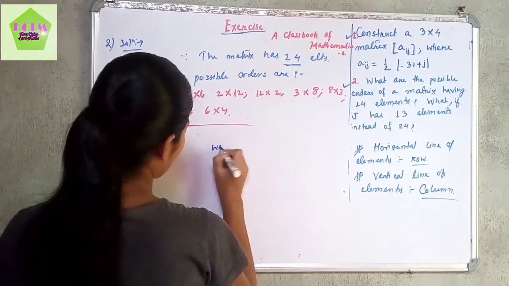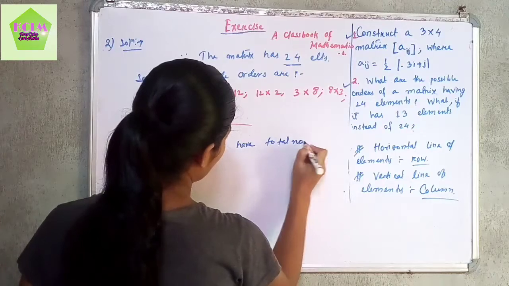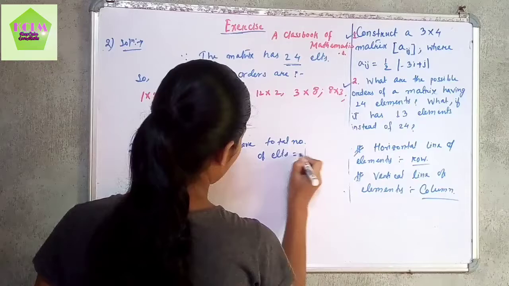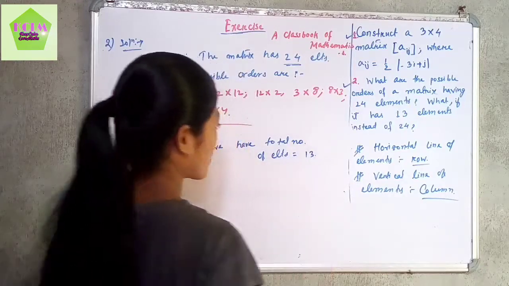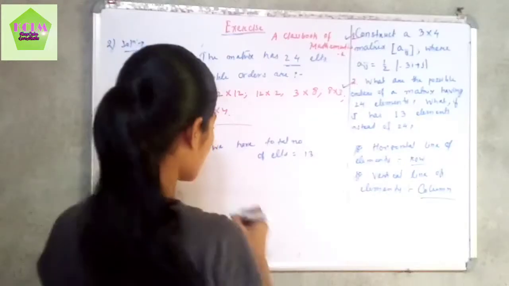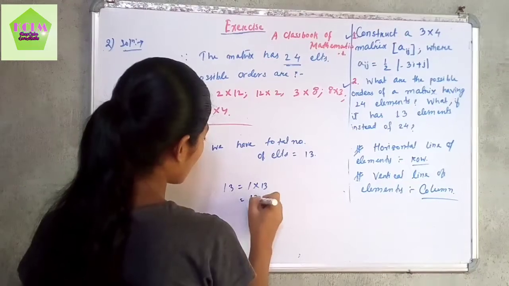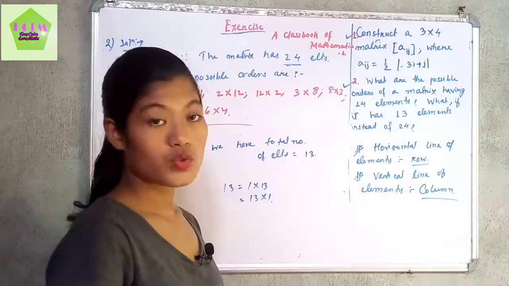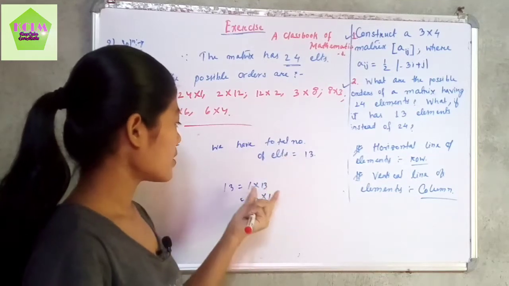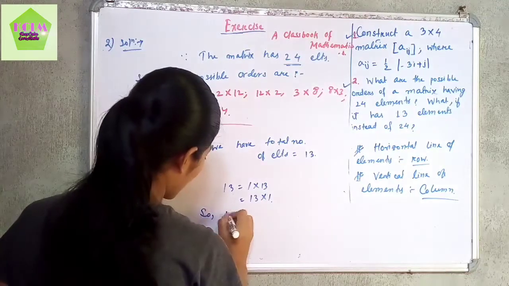We have total number of elements equal 13. Now it's very simple because 13 is a prime number and its factorization gives 1 into 13 and 13 into 1 only. So the possible orders of this matrix having 13 elements are 1 by 13 and 13 by 1. So the possible orders